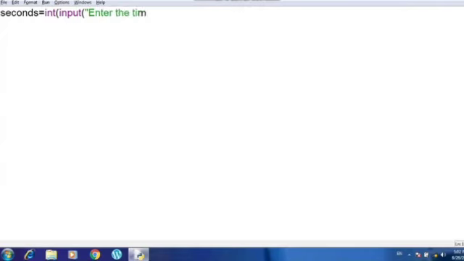I have used the seconds variable to store the number of seconds entered by the user. Now I have written the input line here. To store the answer in minutes, I'm taking another variable, min. I will write minutes, and then divide the number of seconds by 60. Students, here I am using the floor division operator, because it gives the answer as an integer. That is why I am writing floor division here.